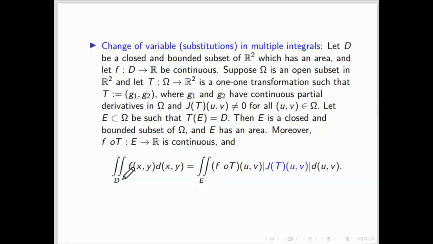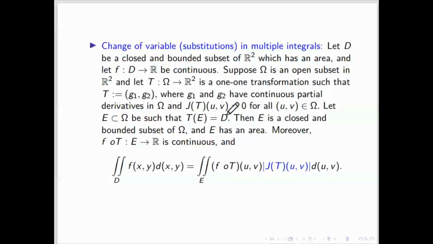So that should be non-zero. That's why this non-zero condition is required. If any question comes, the first task is to find the Jacobian. If the Jacobian is not 0, then you can do this substitution. If the Jacobian is 0, then you have to assume some other transformation or some other value of x and y for substitution. So this is the first thing.